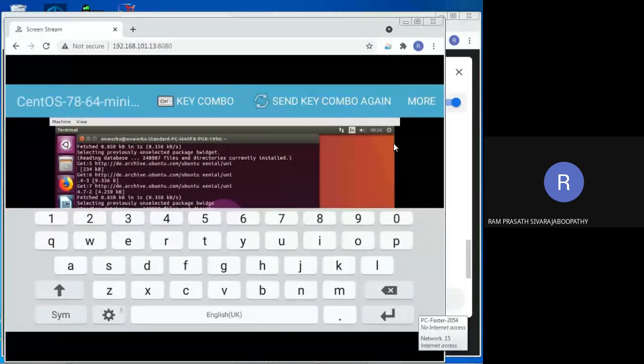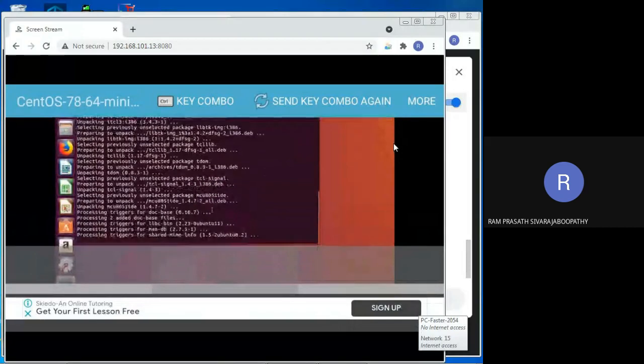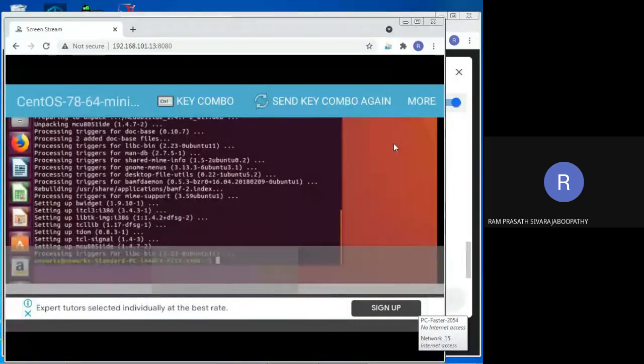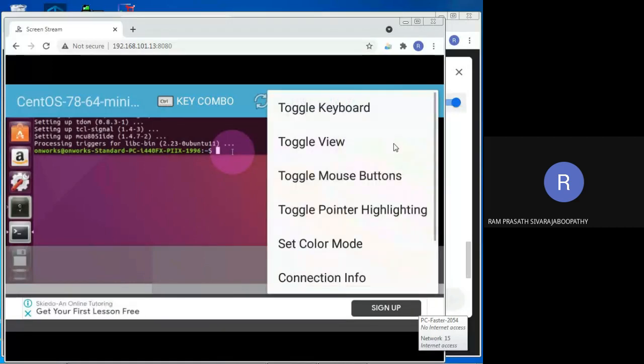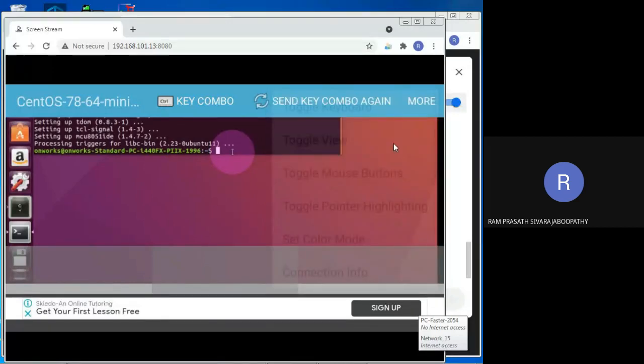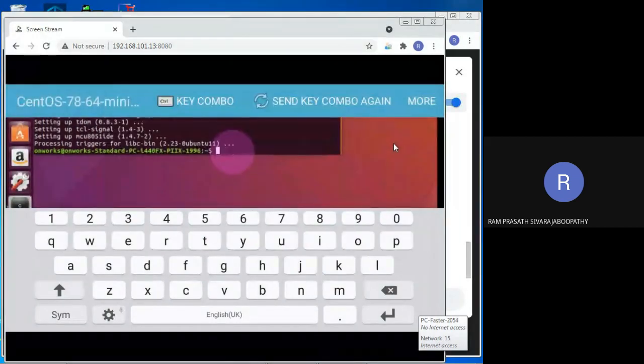See, if you want to go below the screen, you can do like this. Okay, if you want, you can maximize the screen also, so that you can see the screen much bigger. Yes, now I have to go with the second installation, that is SDCC. Yes, for that I am selecting left click and getting the keyboard. I am sending the up arrow so that the previous command will be listed.